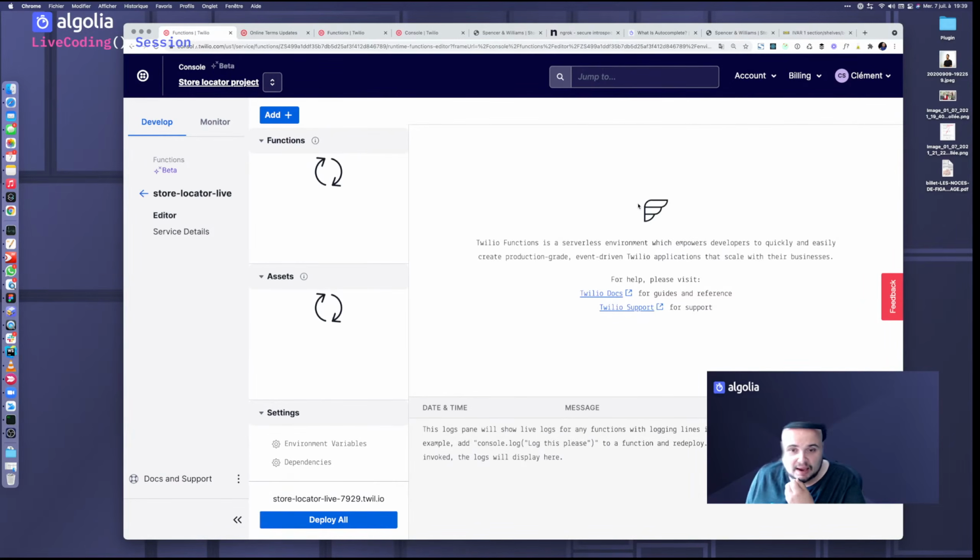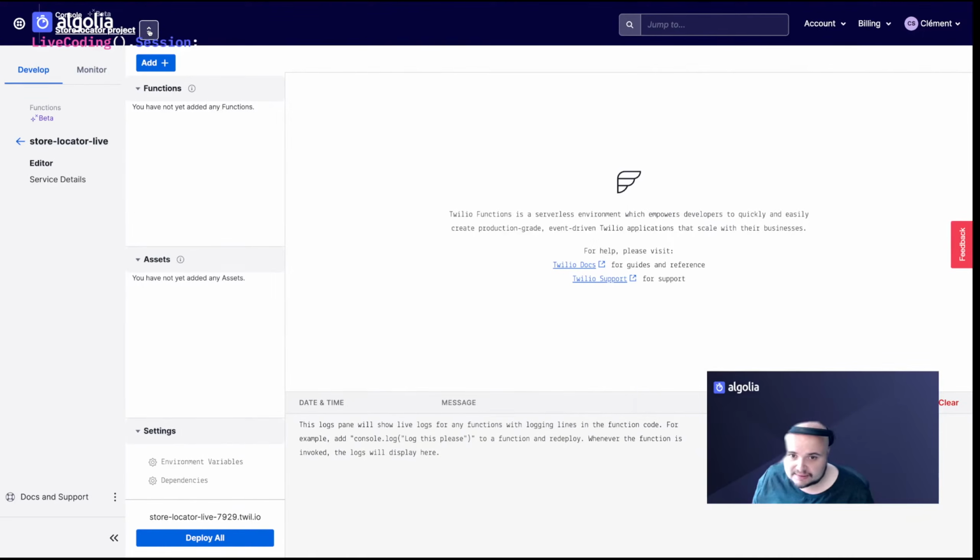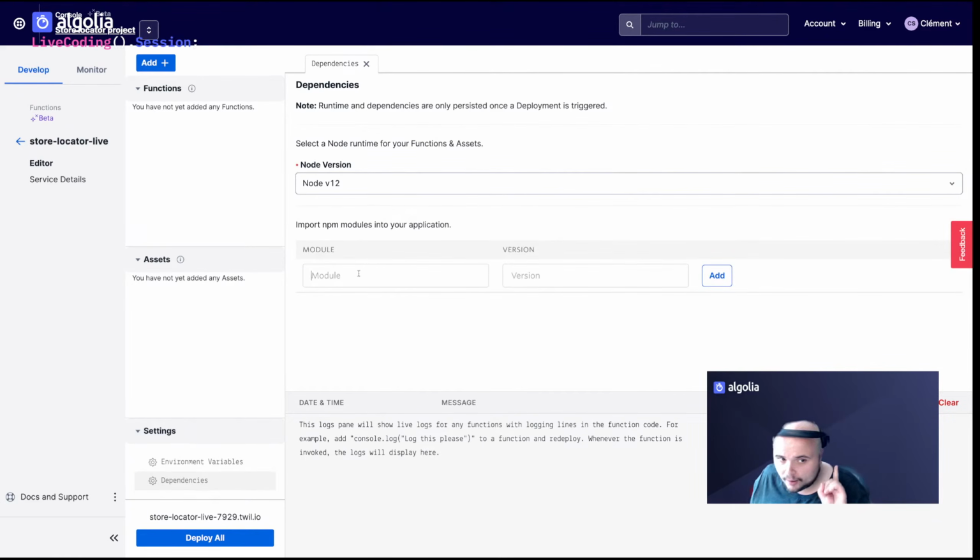It runs, and then here I have all my environment ready to send SMSs and to write a function to send SMSs. I need to configure very few things here. So in the dependencies, I'm going to add one dependency, which is date-fns. It's basically a wrapper to use dates, which is super modern and supports tree shaking and manipulating JavaScript native date